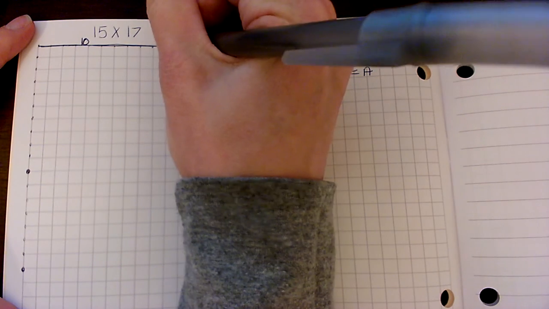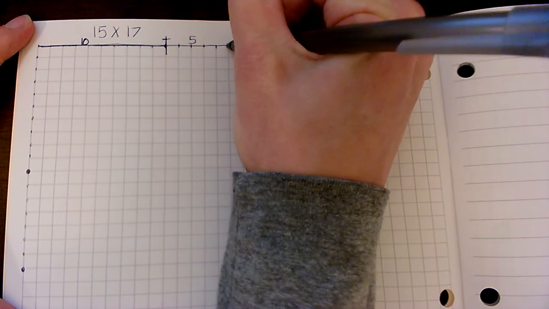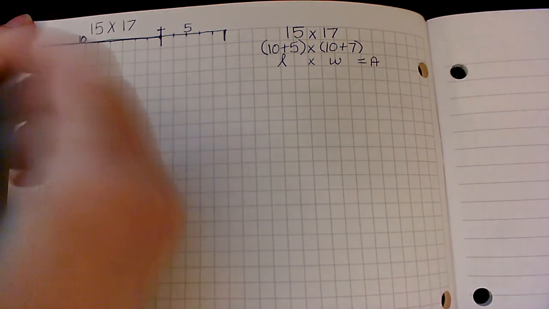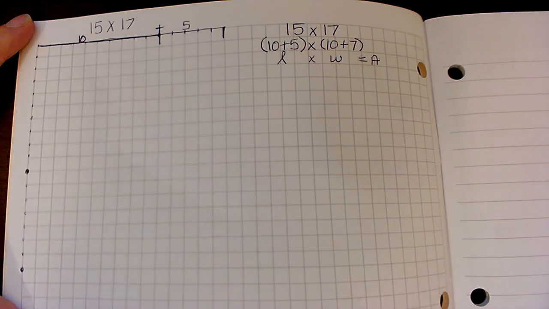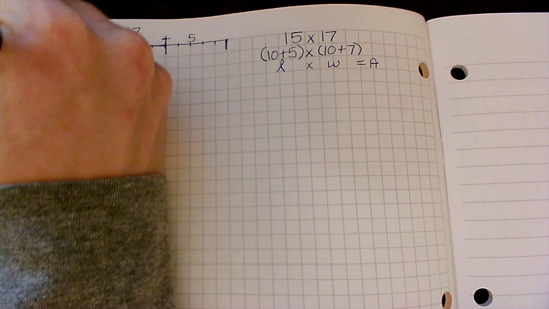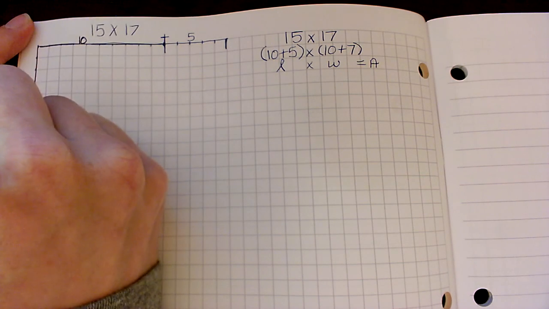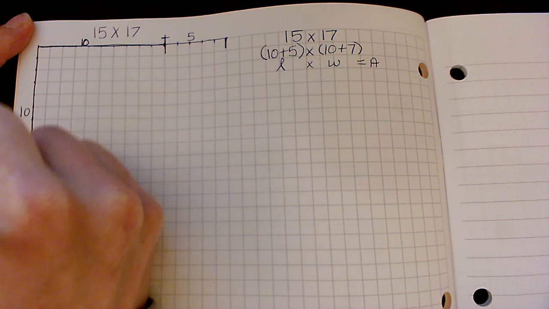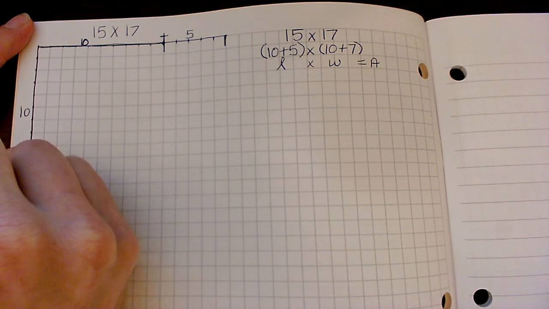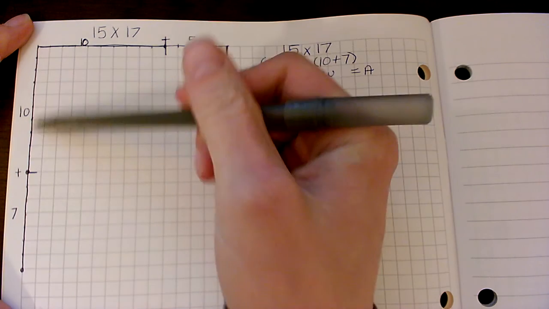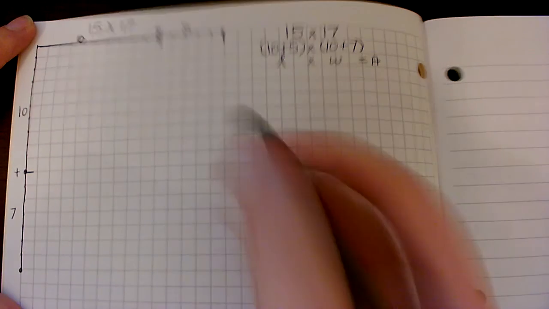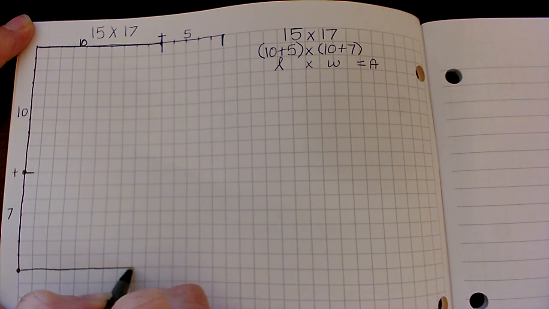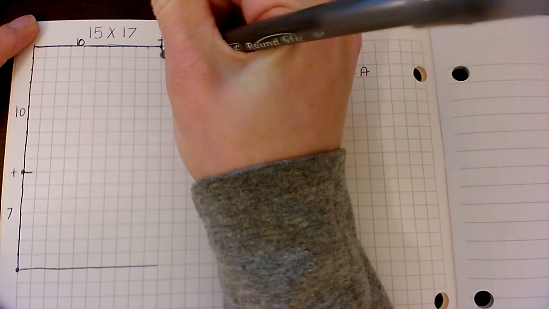So then this is where I'm going to be dropping down, so I might show where those lengths are going to be. And then on this side I have a width of 17. So I'm going to count out 10, and show where that 10 is. And remember, I'm adding that to the 7. So I'm counting down 7. So I have a total length of 17. And then I count 1, 2, 3, 4, 5, 6, 7, 8, 9, 10. So this is where